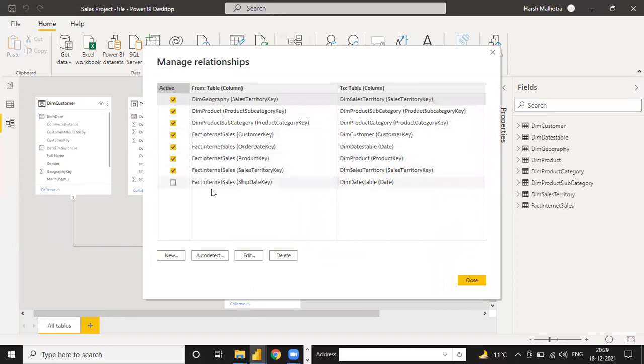Seven relationships are active and one relationship is inactive, so a total of 8 relationships we have done. Let me check if any other relationship is done or not. Geographical to state, product to subcategory, internet sales to customer, date to product. Okay, due date, but due date we don't know, so we need not validate. So this completes the relationships, guys.